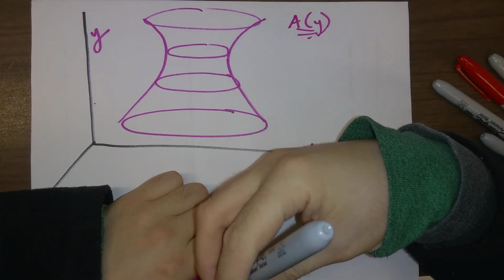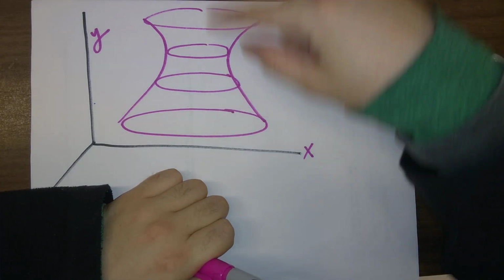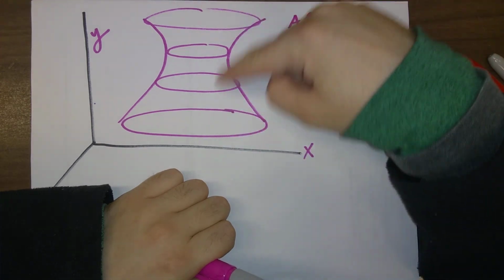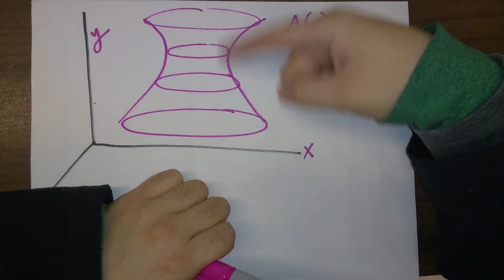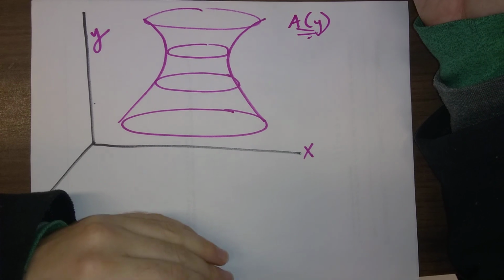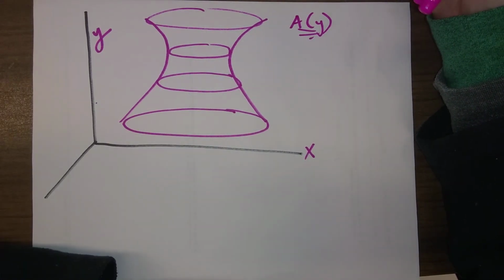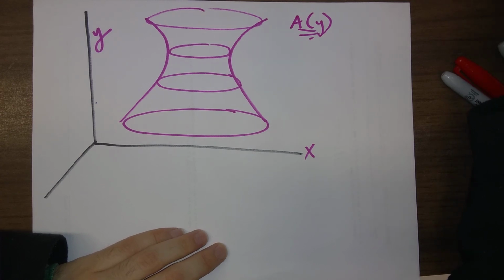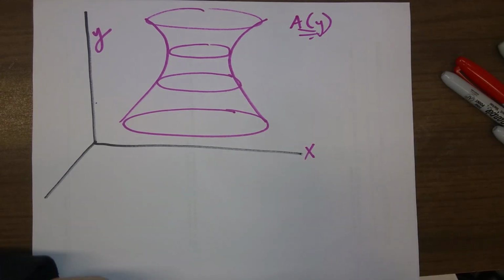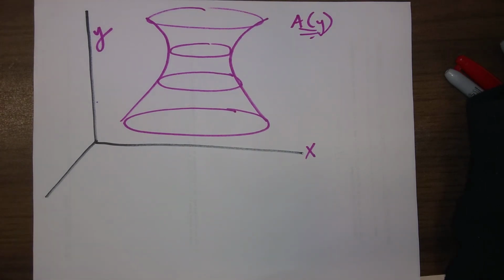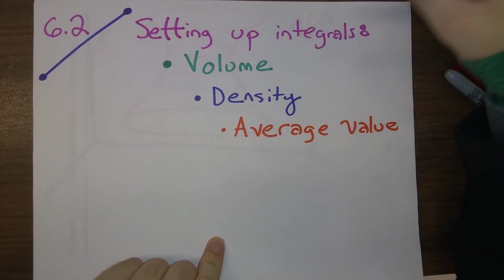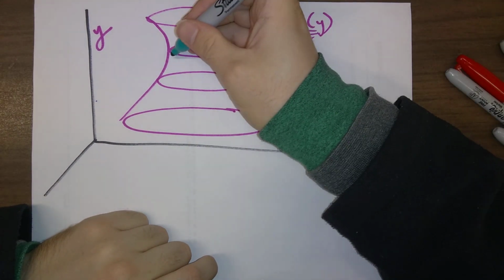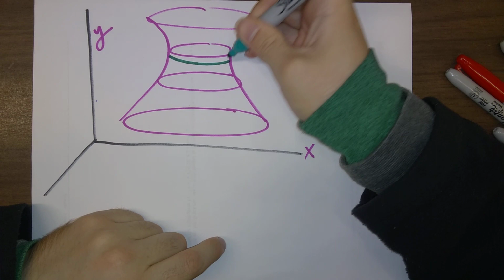Okay, so this is the first part. So this is what we're given. We're given the areas, as a function of y, of all the cross-sections with respect to y, and we're given some bounds on how far y ranges. Maybe this is y from 1 to 7, or something like that. And so we want to figure out what is the volume here. In order to do that, if you go back to the title slides, this is promising that we can do that with integrals. So we'll get an integral eventually, but first,